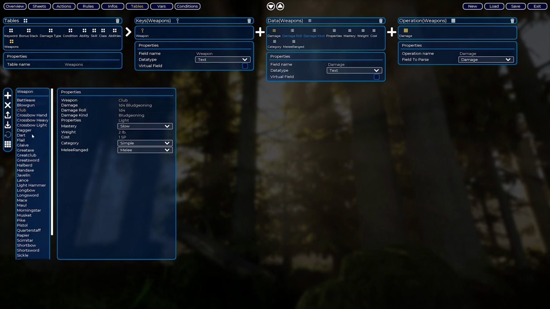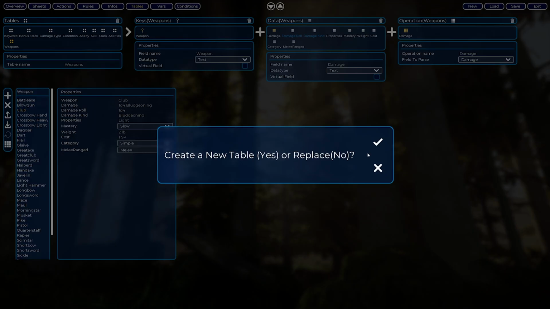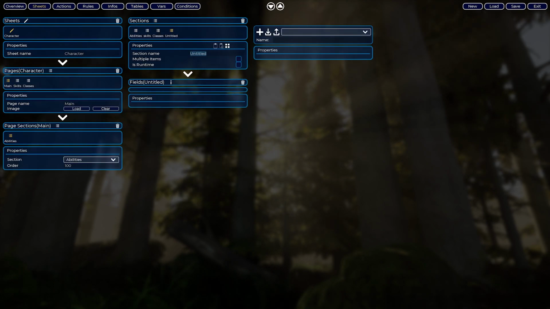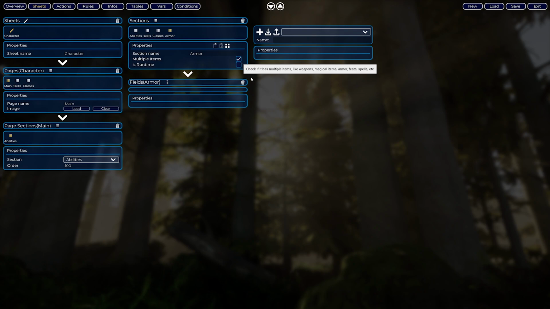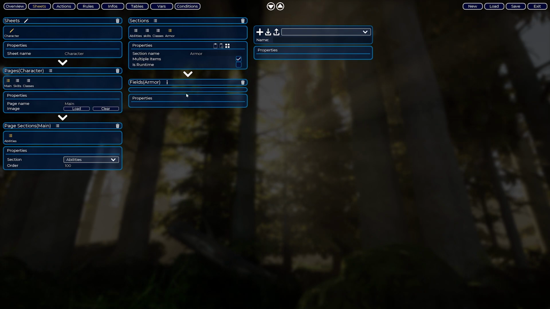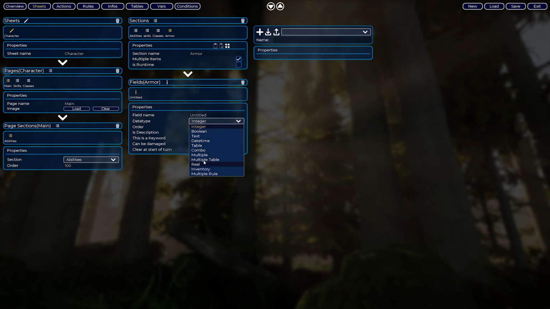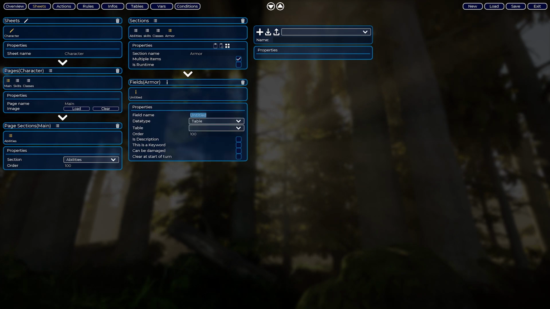Now I will add a new table here, an armor table, which has the armors in the game and the shield. This table will be used to create a section for armor. Well, you already know how to do this. Create section, multiple items, and a field, which is a table called armor,